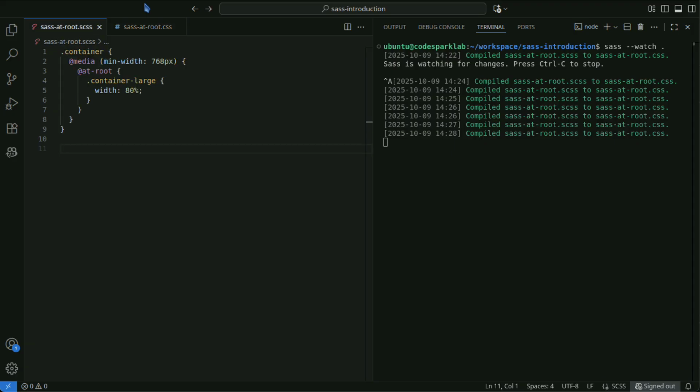@root is handy when you want to output styles at the root level under specific conditions. It's especially helpful when handling media queries or theme-specific styles within components. By using @root, you can generate independent global classes even from within media queries. This makes it easier to organize themes and states per component.